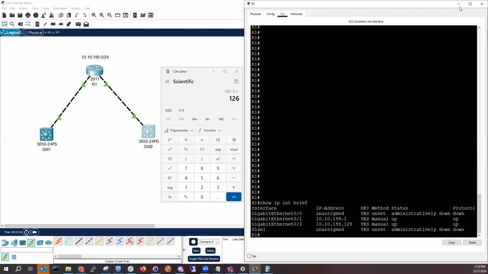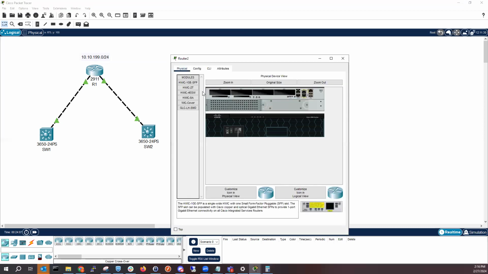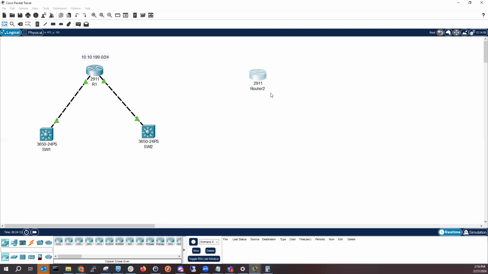Let's go ahead and pull up another router. Let's grab another 211, and you guys will see the benefits here of why this is so important. So let's go ahead and grab this. Let's power it up now. Let's let it power up. Let's go ahead and give it